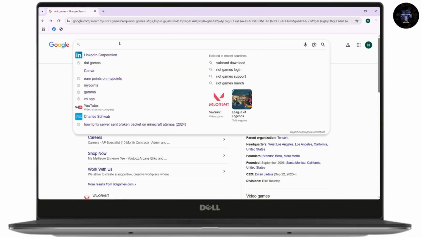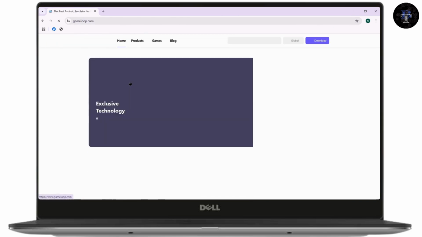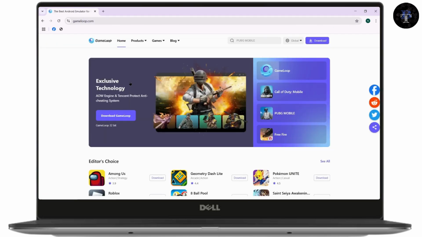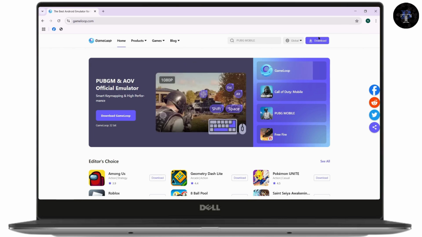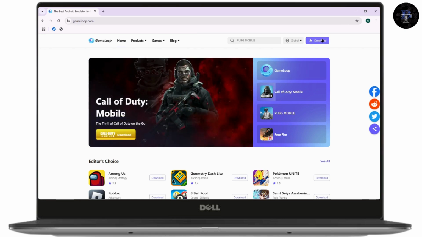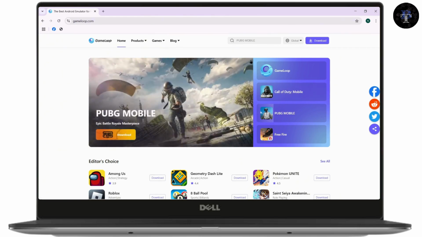search for Gameloop. After searching, now this is an emulator. You just need to simply download this emulator. You'll have the download option on the top right and you'll be able to download that emulator. After downloading the emulator, you can open up your Gameloop application or your emulator, and after that you need to